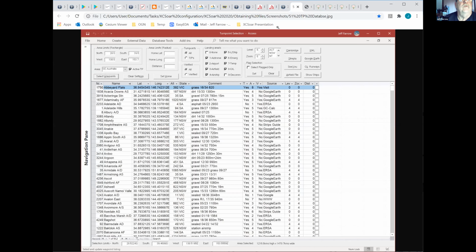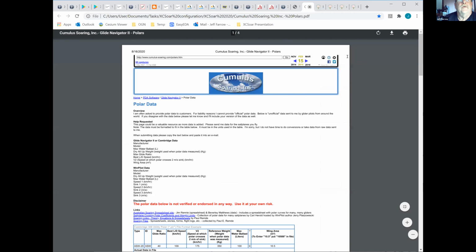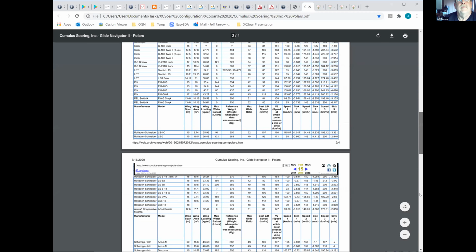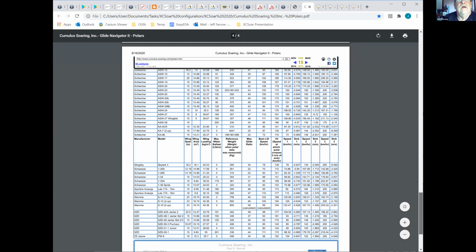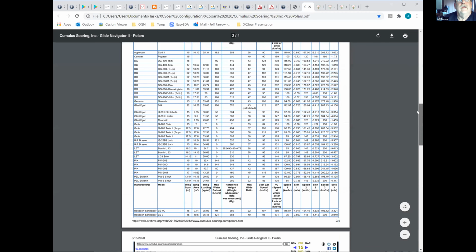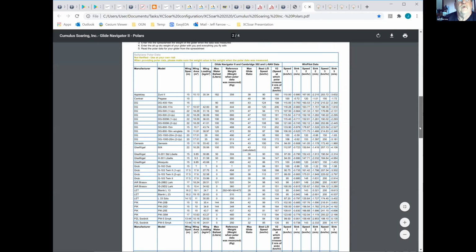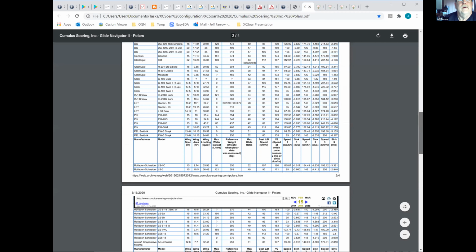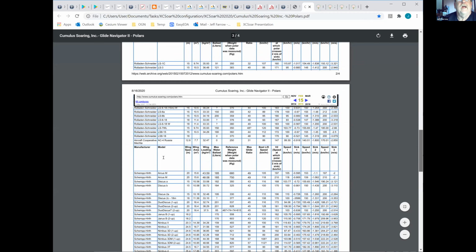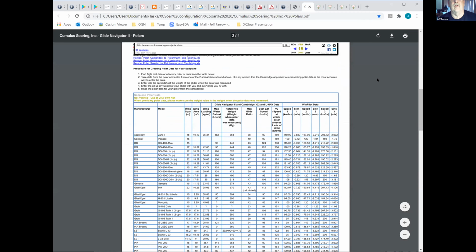Cumulus Soaring used to have a good listing of data for various gliders. Unfortunately, that's no longer on their website, but I did just put it into the Wayback Machine and extracted that lot the other day, so you can still get at it, but it's a little bit more complicated than it used to be.